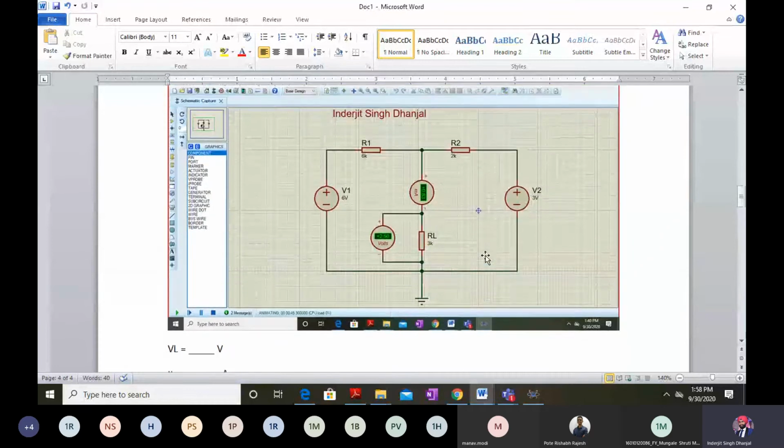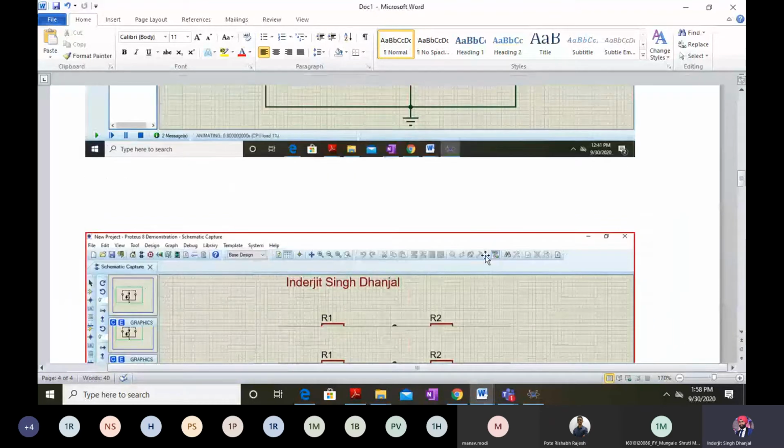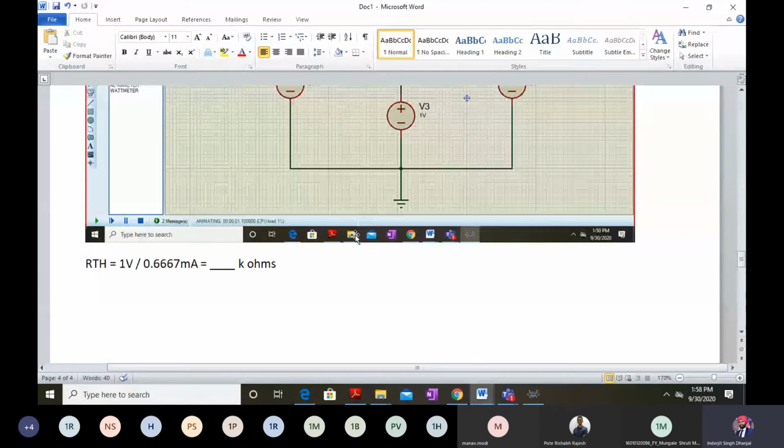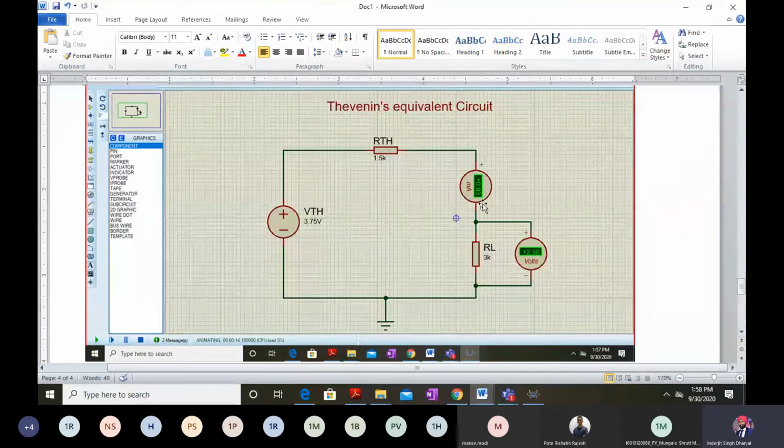Yeah, this was the main circuit which we started with. Here, directly, IL and VL were coming as 0.83 milliamperes and VL was 2.5 volts. And after you draw the Thevenin's equivalent circuit, here also we are getting the same.